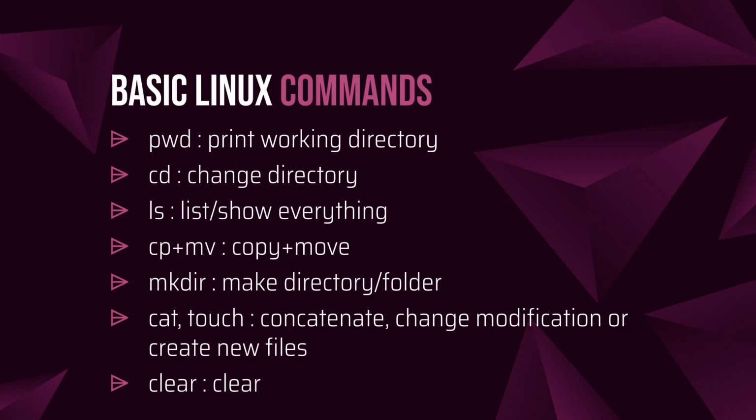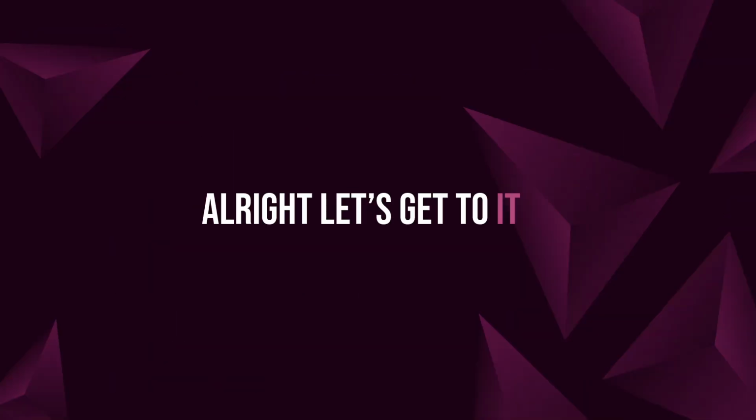That is what it is most commonly used for, but it can also be used to change the modification details of a file. For example, you see a text file has been modified 2 years ago and you just want to change the modification date of it. Well, you can always tell Linux to touch the file, and as soon as it touches the file, its modification date will be set to the current date. The last command is clear. So when you are always working on the terminal, it tends to get cluttered up sometimes. So you can use the clear command to clear it up.